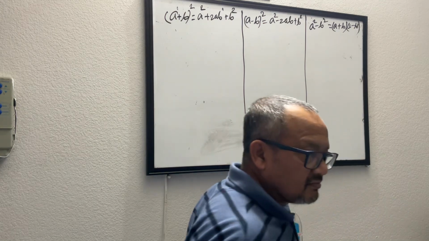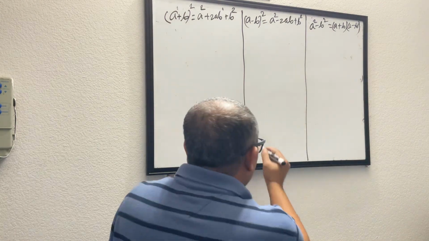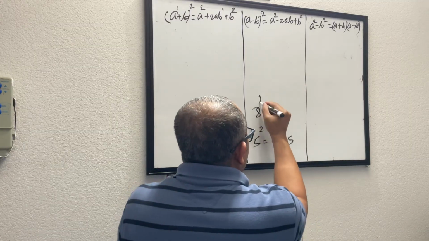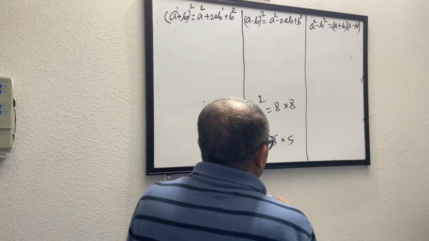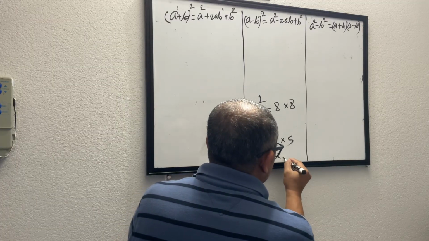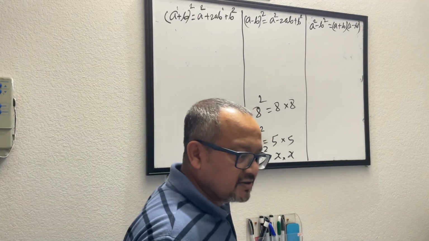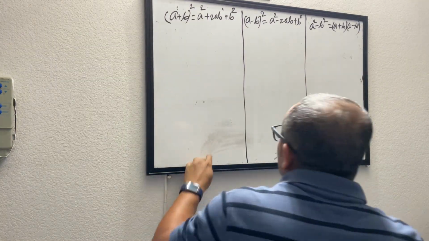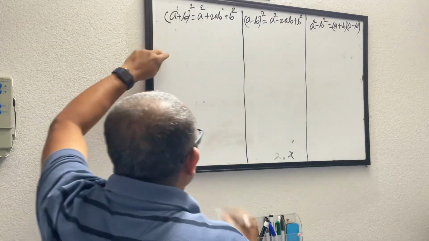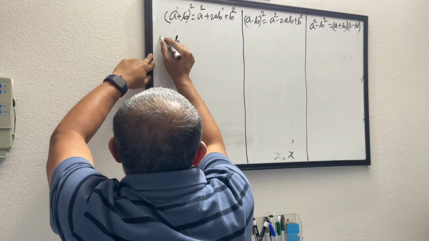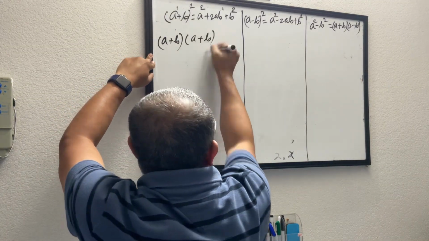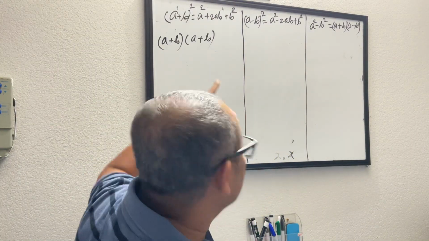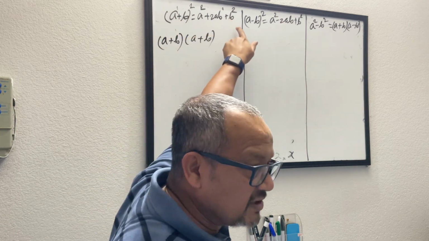So far okay? Now if I say 5 squared, what do I mean? 5 into 5. If I say 8 squared, what do I mean? 8 into 8. If I say x squared, what do I mean? x times x. So in this case, I am saying a plus b whole squared. That means I am saying a plus b times a plus b. I am trying to make sure that this formula, a plus b whole squared, equals this.